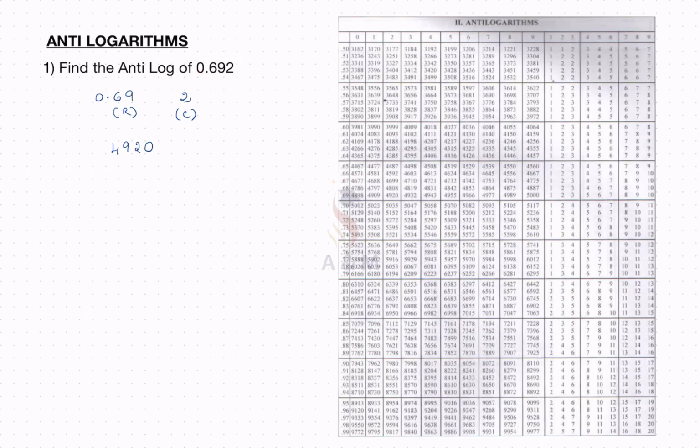What is the number here? It is 0. Therefore 0 you have to add 1. Okay, here not it is minus, it is plus 1. So 0 plus 1 is equal to 1. Okay, therefore after one digit you have to put the point. Therefore here it is 4920. After one digit means after 4, 4.920. Clear?